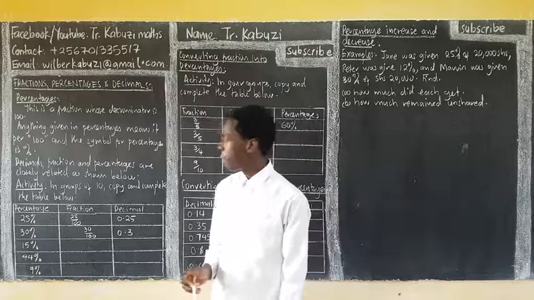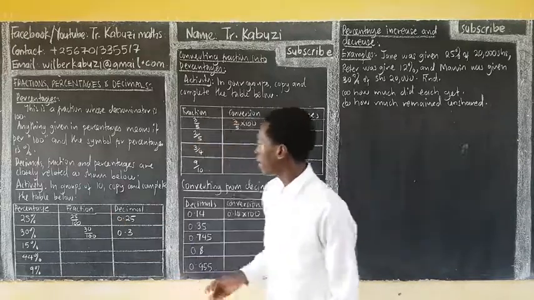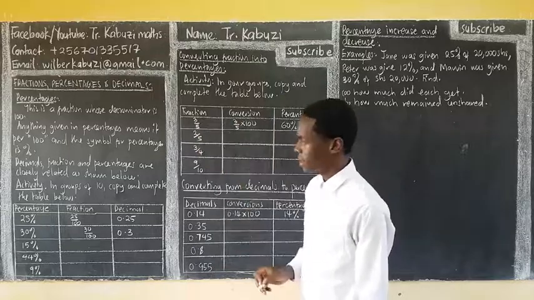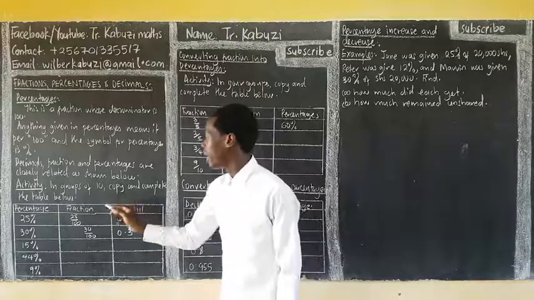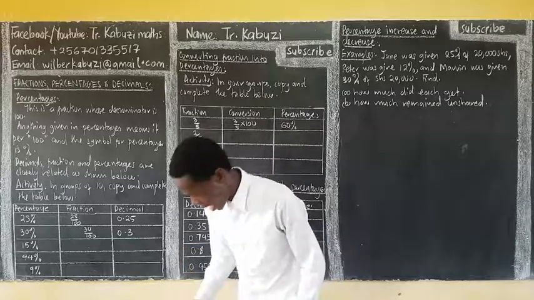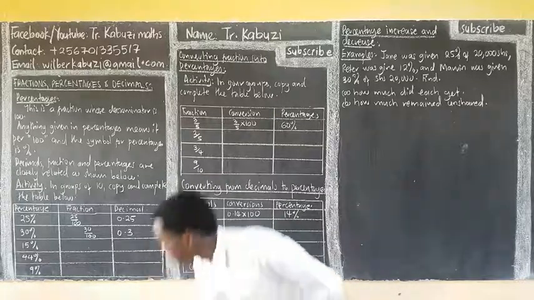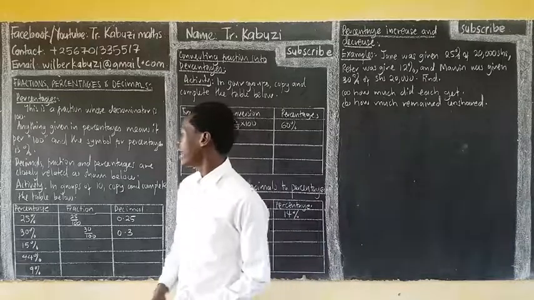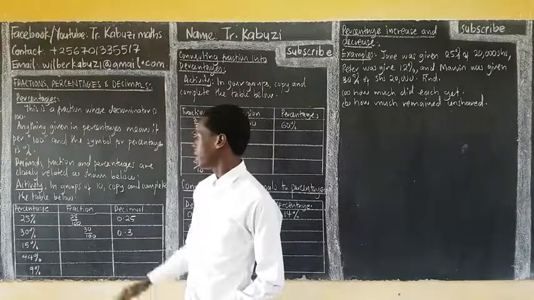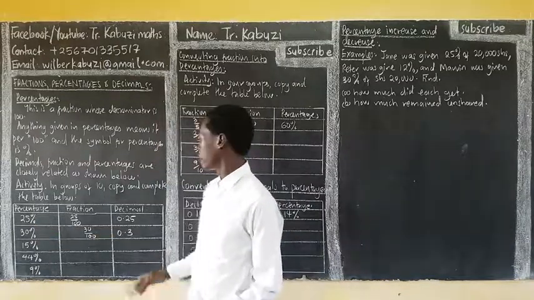So, now let us group ourselves in groups of 10. We are going to handle all these ones here. So, in groups of 10, open and complete the table. This question is giving you, first of all, the ideas as you see. The first idea is that they are giving the percentage, then how the fraction is going to look,